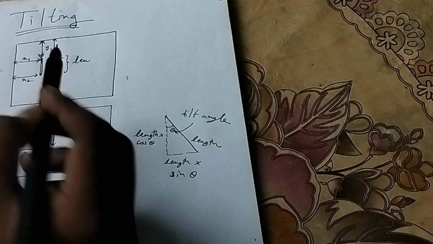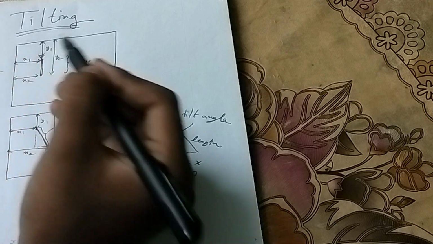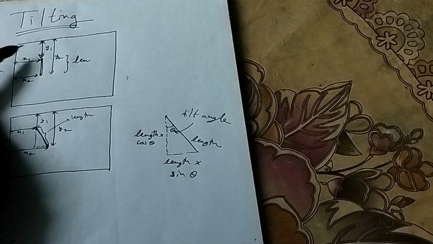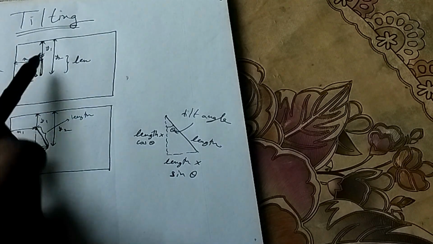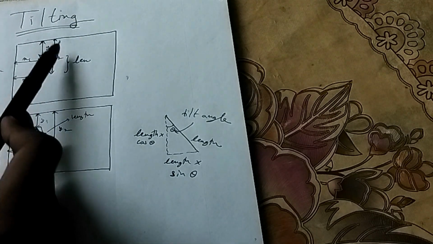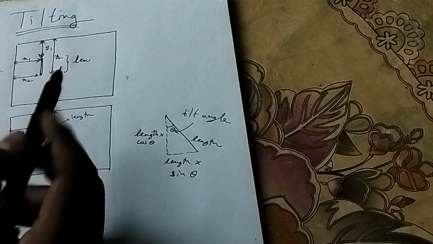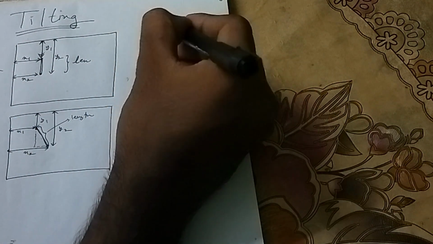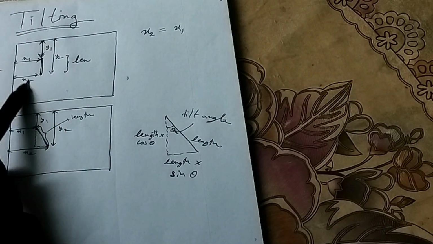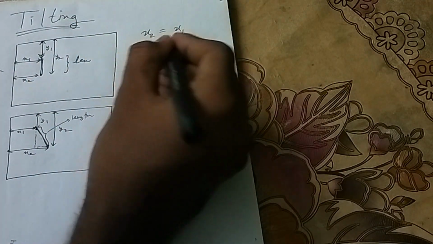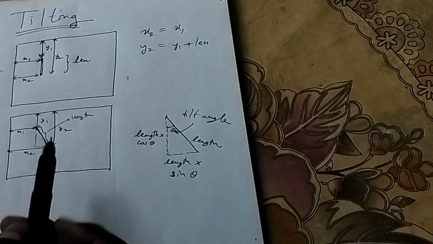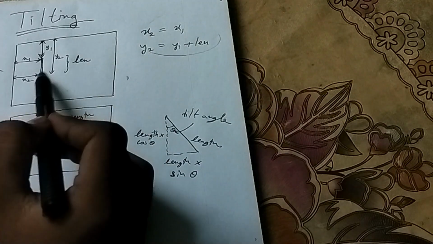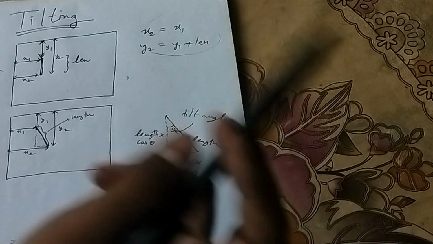So what we are doing is, this is our canvas, and we are using 2 points, or the coordinates of 2 points, to calculate how our raindrop will be drawn, right? So for the first point, this is our x1, this is our y1, and for the second point, this is our x2 and this is our y2. We can see that our x2 is nothing but our x1, both are equal, right? But our y2 is equal to y1 plus the length. I'm writing len, so it's basically the length. So this is how we are getting the x2 and y2,